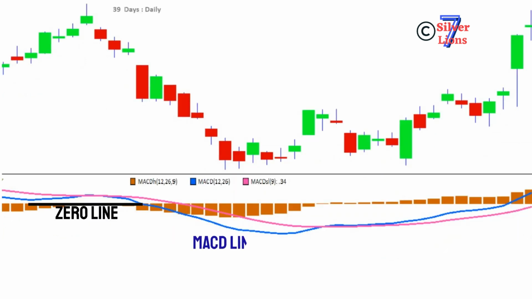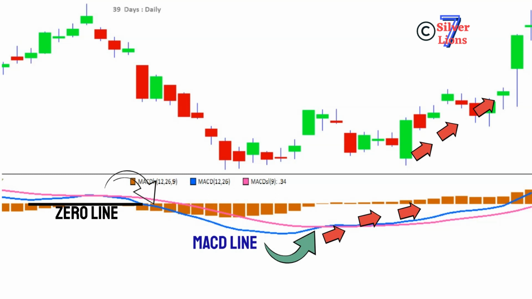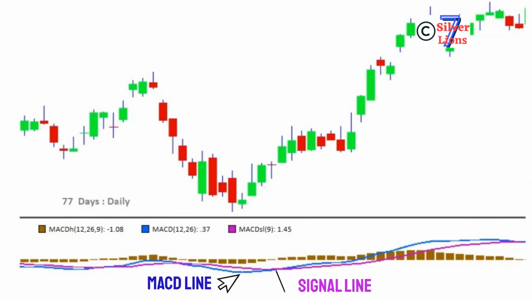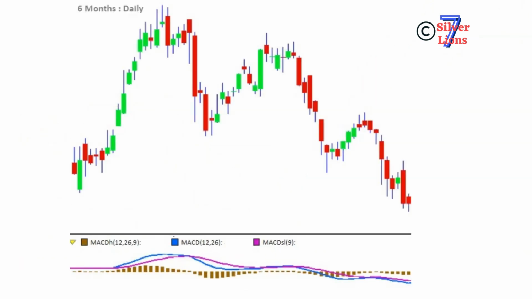When the MACD turns up from below zero, it is considered a bullish direction ahead. When it turns down from above zero, it is considered a bearish direction coming. Usually trading signals occur when the MACD line crosses the signal line. For example, a bullish crossover occurs when the MACD crosses above the signal line. Some investors may consider this a buy signal. On the other hand, a bearish crossover occurs when the MACD crosses below the signal line, and some may consider